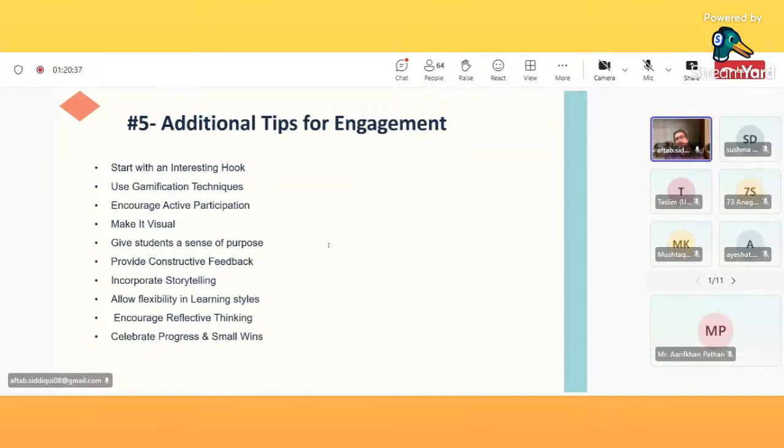Always after the class, you can ask, what is the one key takeaway from today's class that you will remember? At the end of the class, you can ask this question: what is the key takeaway from today's class, students, that you are going to remember? You can just spend 5 minutes on asking this question. This will help them, maybe 45 minutes, 1 hour, your lecture is there.